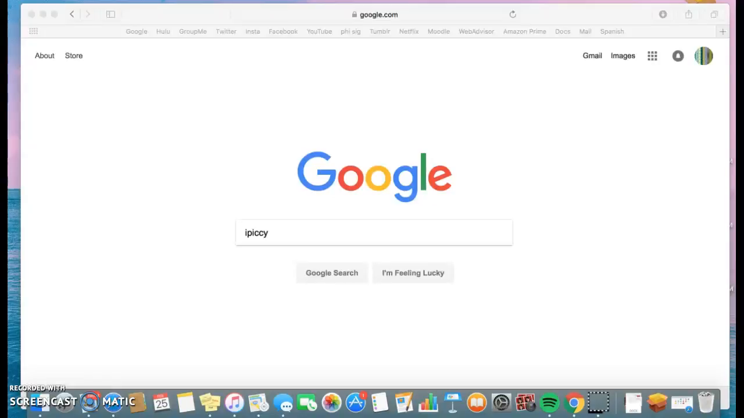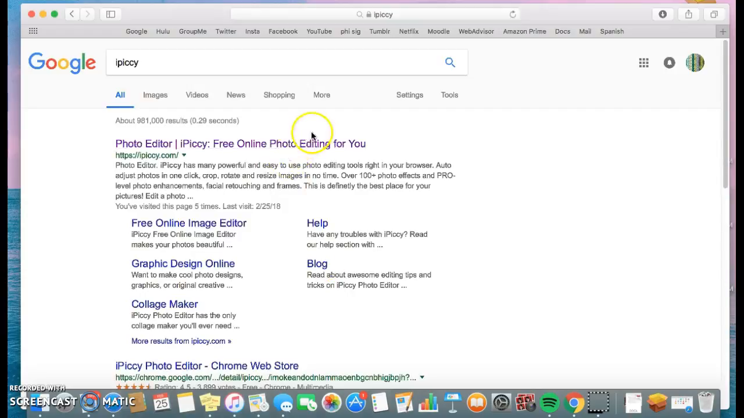Hello, my name is Hannah Wiesner, and today I'm going to be teaching you how to use the website iPicky to edit a photo. First, you type it into the search bar, and then you select the first website that